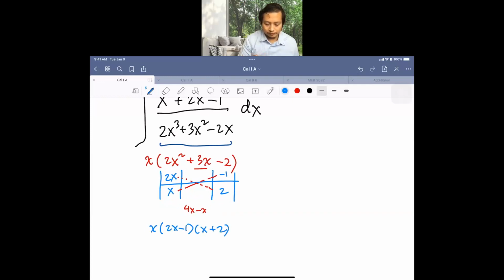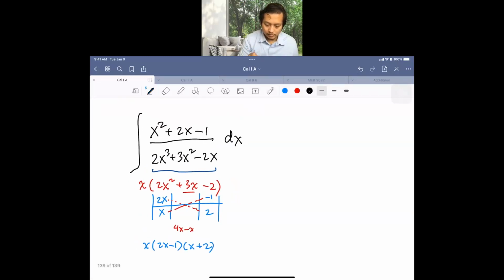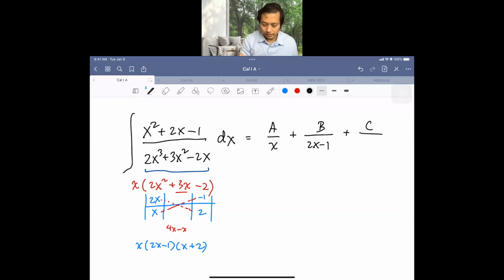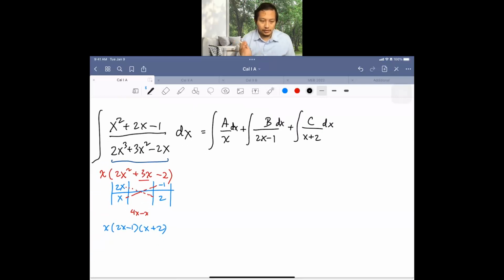So we could write each of them as a over x plus b over 2x minus 1 plus c over x plus 2. And then you can do each integration. And then the rest is to find a and b and c, and I think you can do it. Or if you would like to try, then we could start with